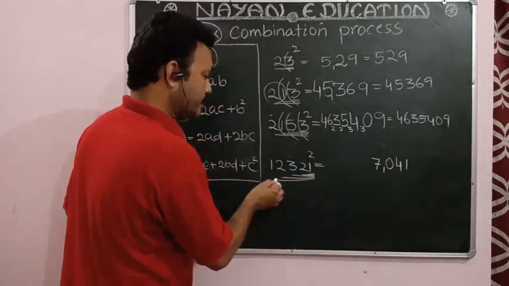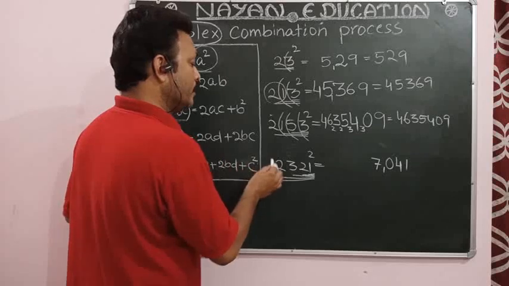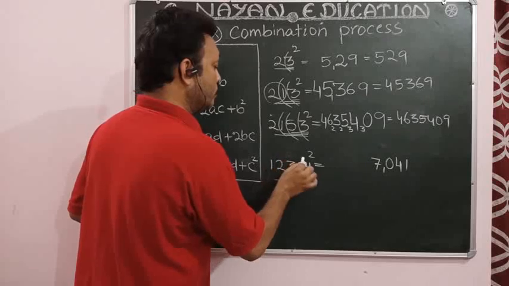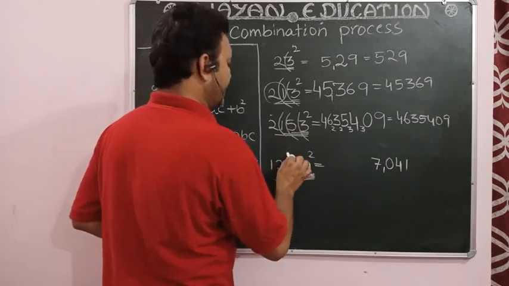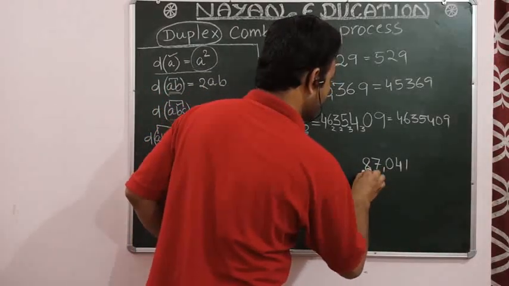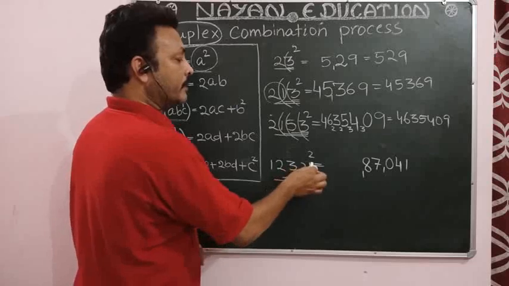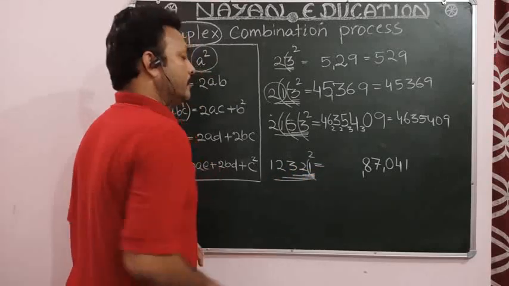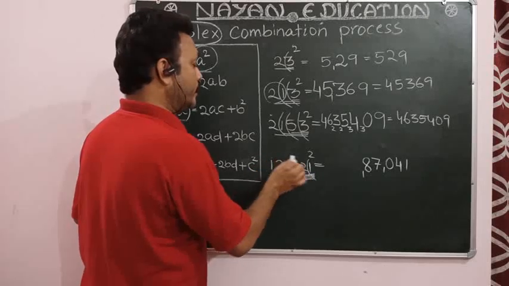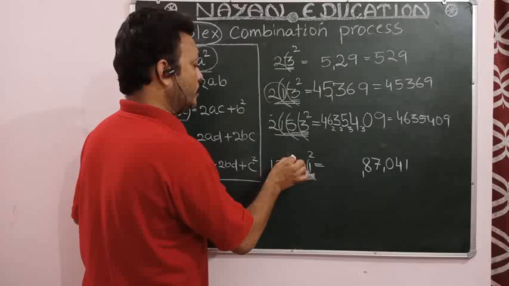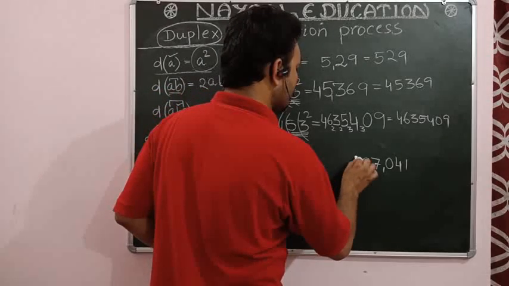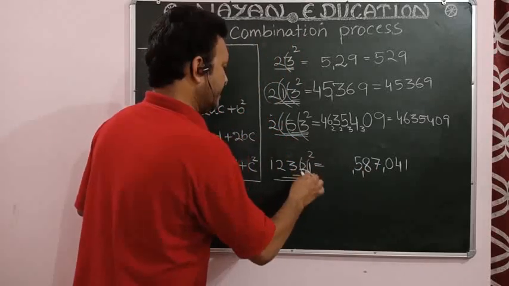What is the duplex of this 5-digit number, 12321? 2 into 1 into 1, 2, plus 2 into 2 into 2, 8, plus 1, 9, and 3 square, 9, 18. Then drop 8, 1 carry. Now leave one number from the right. Drop 1. What is the duplex of 1232? 2 into 1 into 2, that is 4, plus 2 into 2 into 3, that is 12. 12 plus 2, 14, plus 1, 15. 1 carry. Now again leave 2.